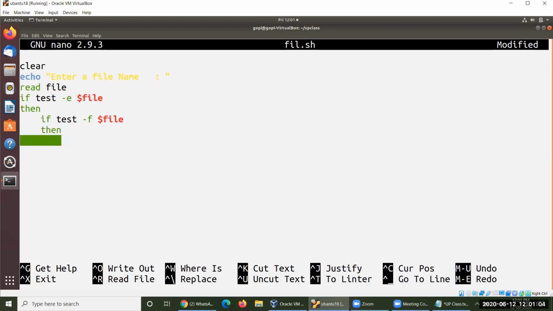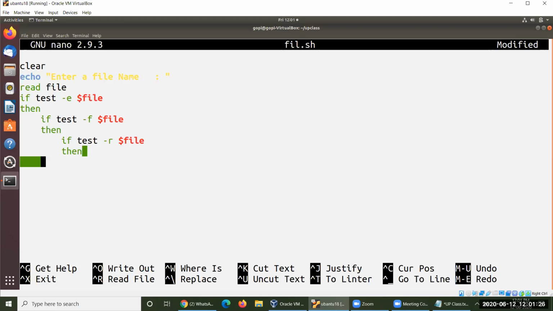Now you can check for read permission. I will go for only read permission. You please check all the other permissions here. So if so test hyphen r, the same file name $FILE or not. If it is a file only, I'd like to perform this. If it is a directory, I don't perform anything here. Okay, then what shall we specify here?